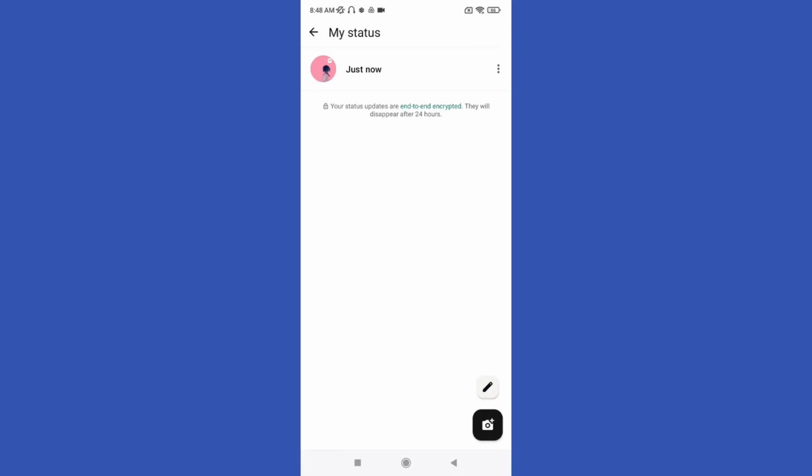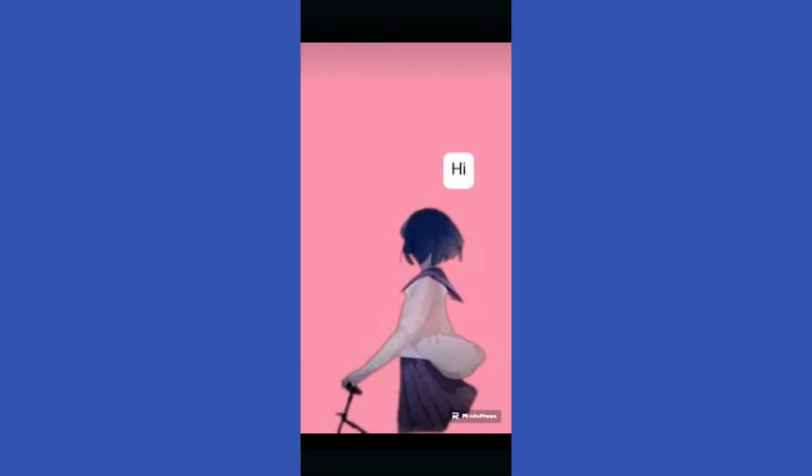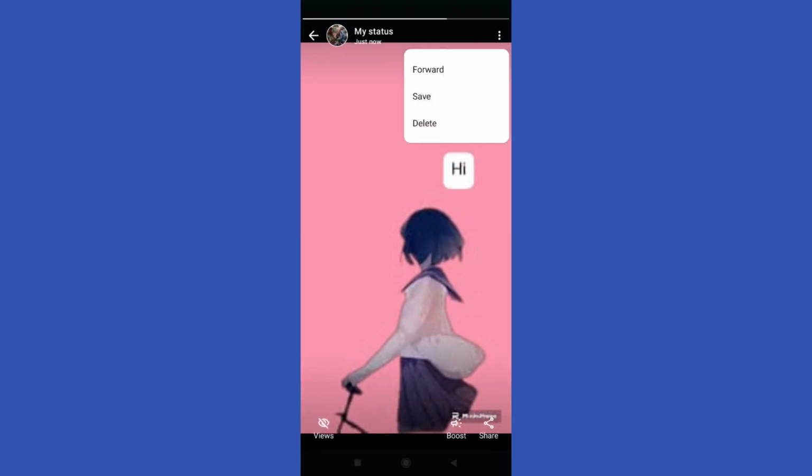In this case I check it, and then three dots will appear on the top right corner. Just click there and you will have three options. We have forward, save, and delete. Of course, if you want to delete your status, you have to click on delete and the status will be deleted. So just click there,